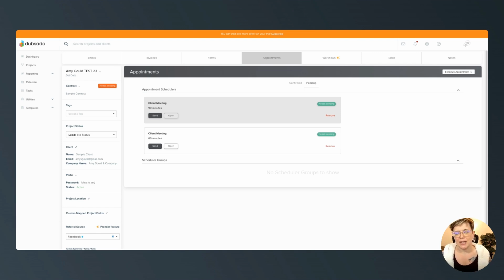If your Google Calendar, your Apple Calendar, or anything like that is connected to your Dubsado account, when you're booking client appointments for them, Dubsado is going to only show you appointment times that are available for the client to book. So you're not going to risk accidentally double booking yourself, which I don't know about you, but I do that